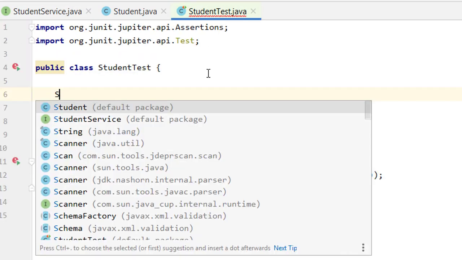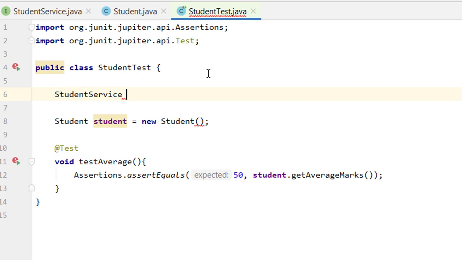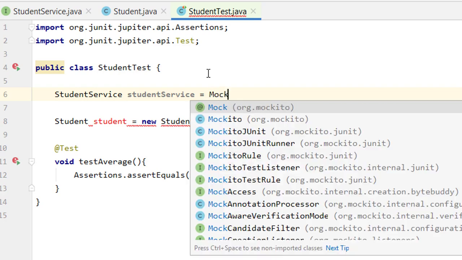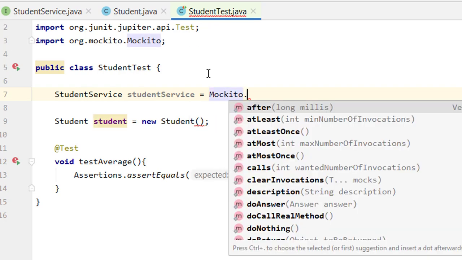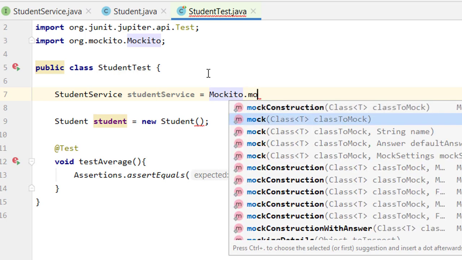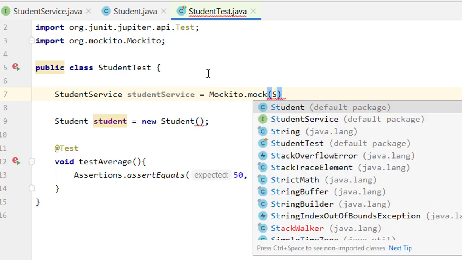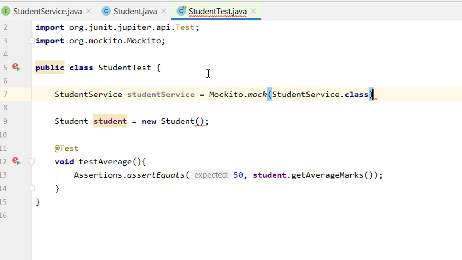This is the beauty of Mockito, let me show you how. I am creating the student service object, and then we can simply write Mockito dot, there is a static method which is mock, and then we can give the student service dot class in here.